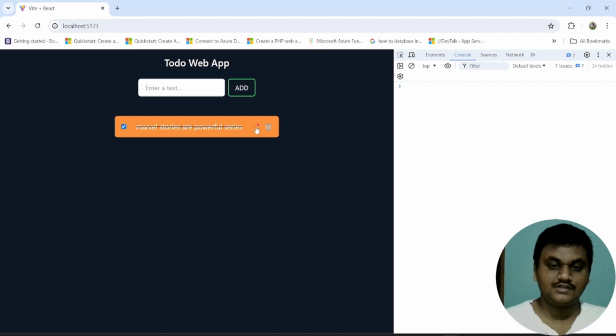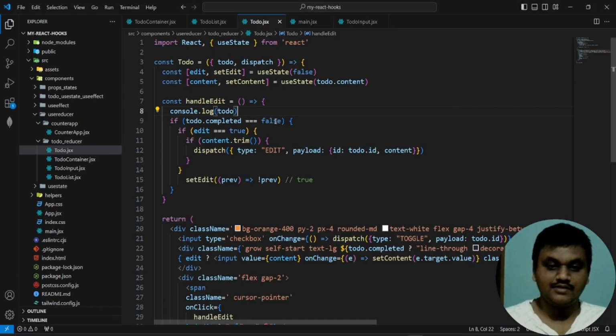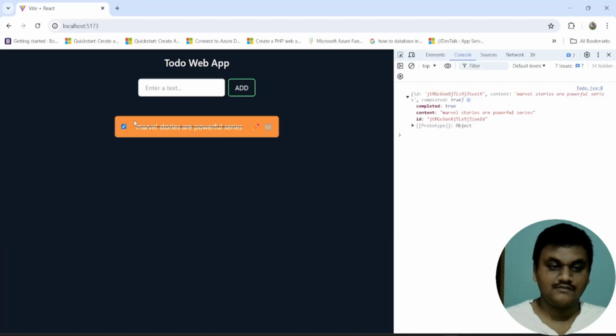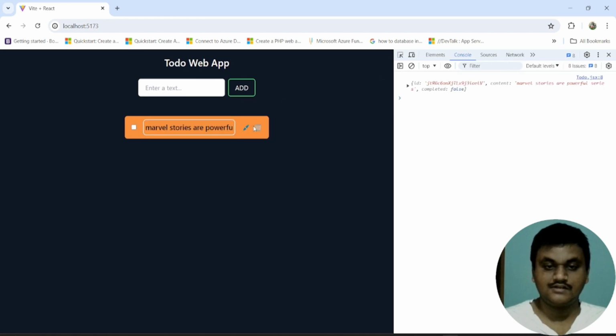If you want to click on this, see, the completed here is true, and here we have given the false. In that case only are we going to allow this to be modified. Once again I'm untoggling. Untoggling means I'm making completed equal to false. If you click on this one, if you want to remove this one, see,